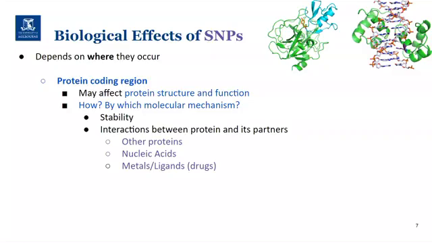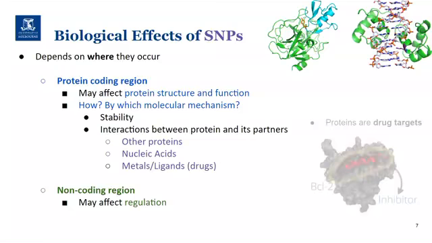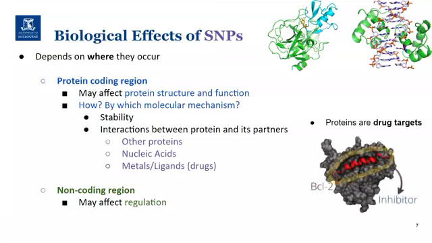Okay? On the other hand, if we have a mutation on a non-coding region, what could happen potentially? So more or less 2% of our genetic code encodes proteins. The rest we know encodes several different things, but most of it we don't know. But on non-coding regions, we know that there are a lot of regulatory elements that can be affected as well. However, we're going to focus, especially in the next lecture, on mutations that affect protein structure because proteins